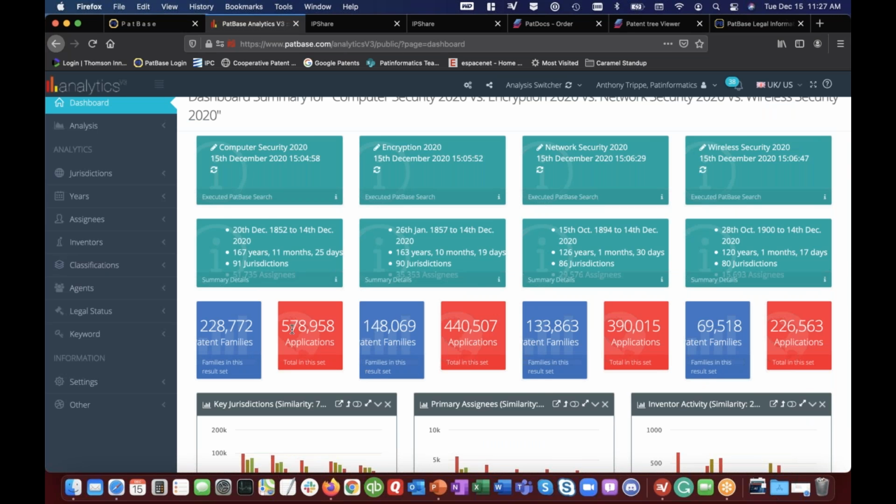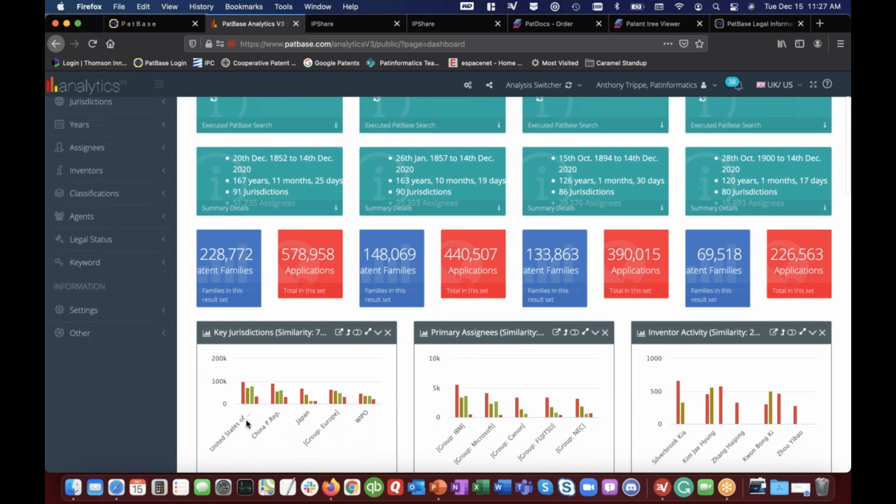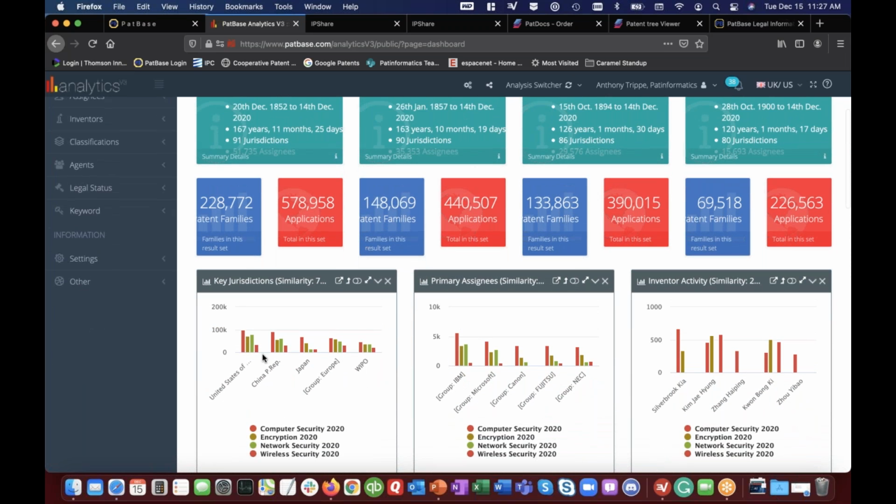So I loaded them intentionally so that the order that would show up here was in that order. And so you see that, for instance, for the United States, encryption is the second highest number overall, but for the US, it's number 3. Excuse me, it's number 2, but I see I got that backwards. Network security is number 3 overall, but number 2 overall, number 3 for the United States. Okay, so,